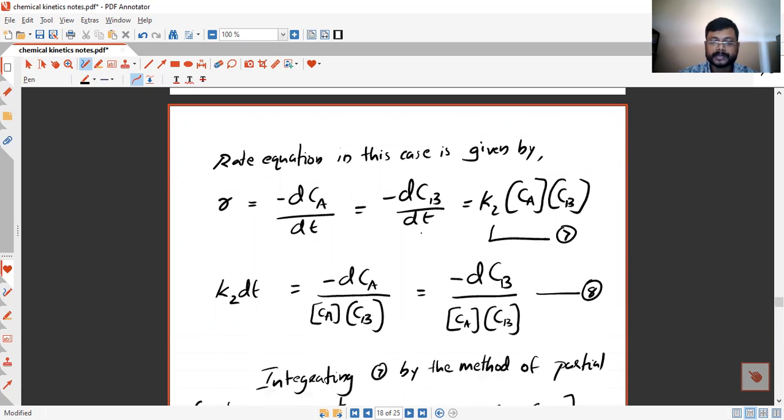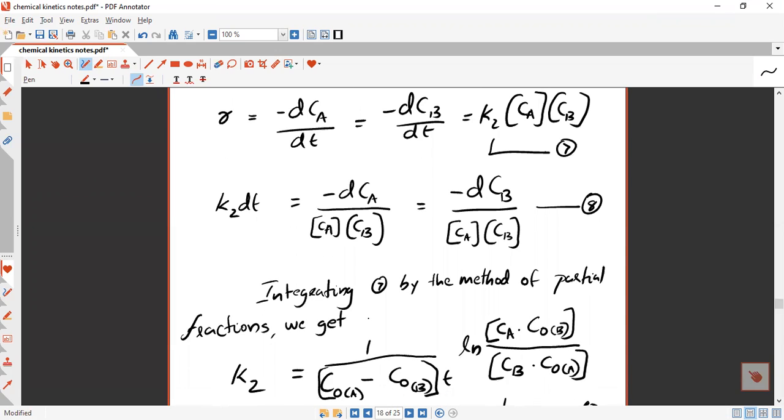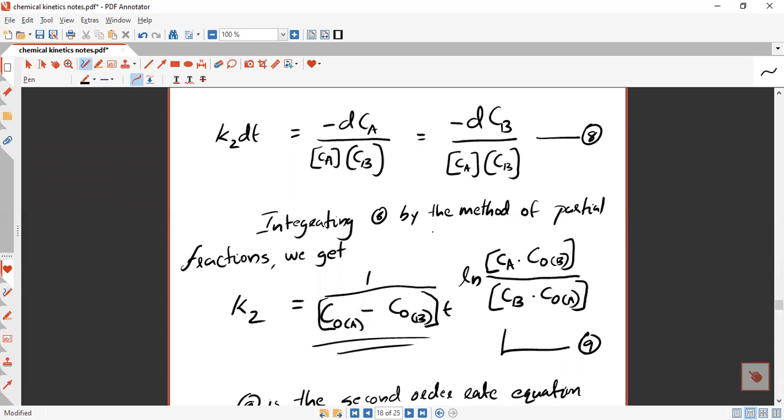Rearranging this equation 7, we get K2 into dt is equal to minus dCA divided by concentration of A into concentration of B, that is equal to minus dCB divided by concentration of A into concentration of B. Integrating this equation 8 by the method of partial fractions, not going into the details of the integration, we get